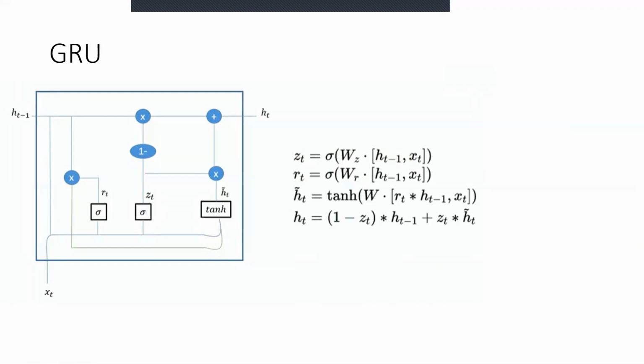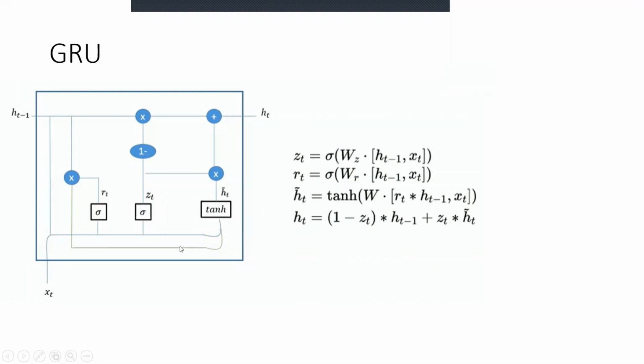Now comes the ZT. The ZT would be used as an input gate, deciding how much memory we need to add for this particular cell, right? So that is a similar representation, a sigmoidal function of a WZ with a concatenation of the previous output with the current input. Now, if you see, then St tilde and the tanh function will tell us the significance of that particular word, right?